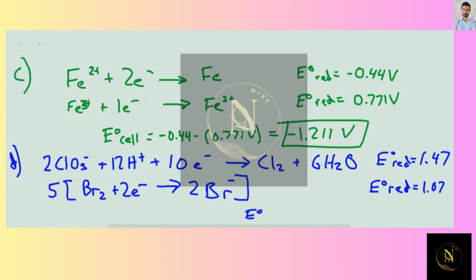So the potential of the cell is equal to 1.47 minus 1.07, and that's equal to 0.40